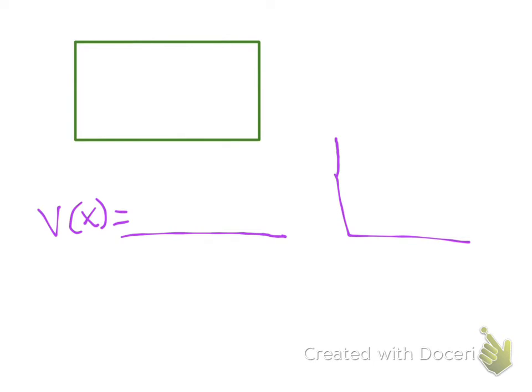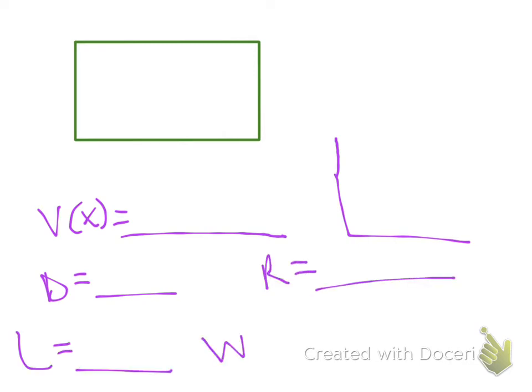You are going to have to tell me what the domain is and what the range is, as well as what the length, the width, and the height is. And I'm going to do one right now. Let's say that I took out my handy dandy ruler and I measured that this side was 24 and this side here